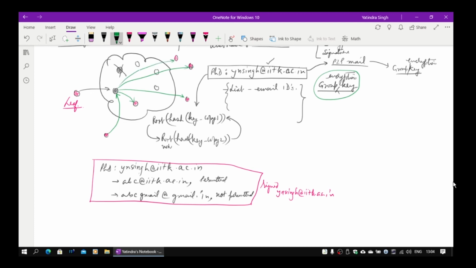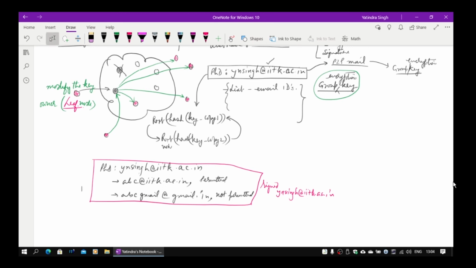Everybody will figure out that the message has been digitally signed by the sender, encrypted by this key, and sent to this particular group. Using that group key, they will be able to decipher it. Remember, the change is that if you send it to a point, you can use the public key, but the group key has to be distributed to everybody. That's the only way it is done. And the group key can of course be modified by the owner. So this is the owner, acting as a leaf node, and it can modify the key. This is the way the list is being handled.